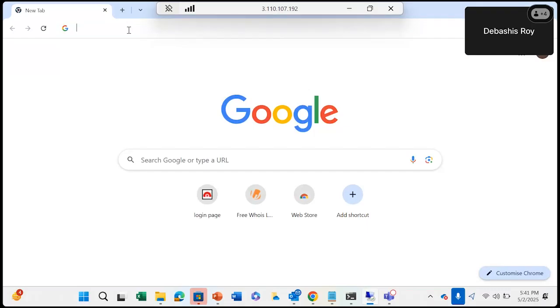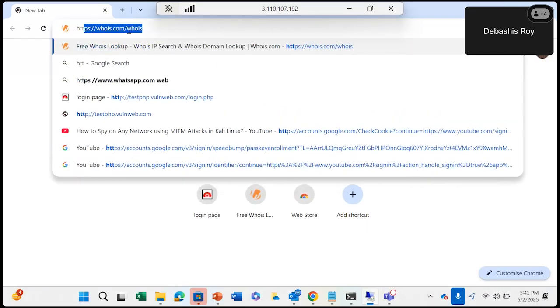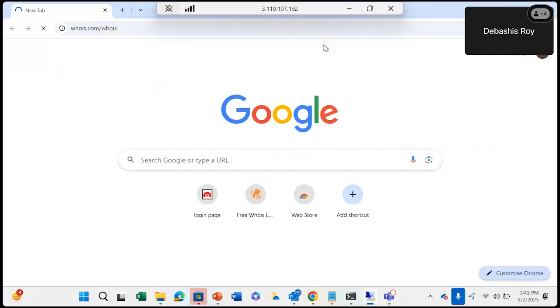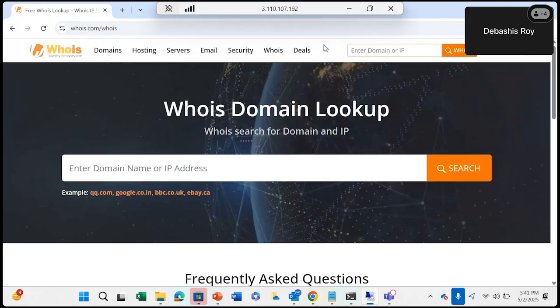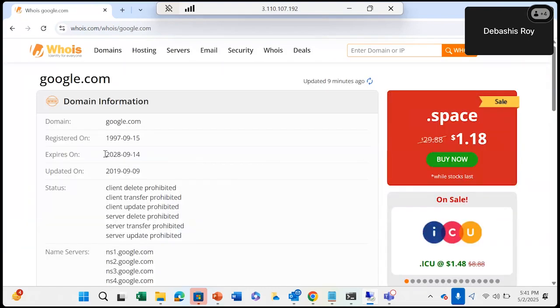The site I'm opening in the browser is whois.com, where you enter the domain name or IP address. Just for the sake of checking, I'm giving google.com, or say TCS.com. If I click on search,